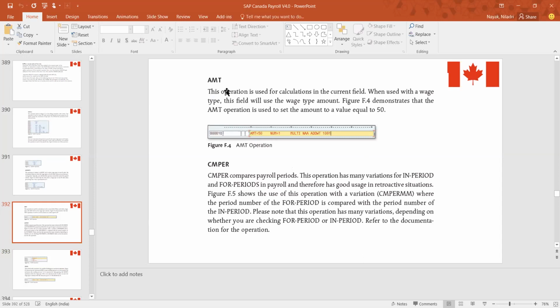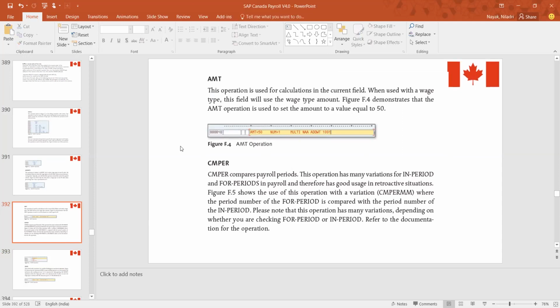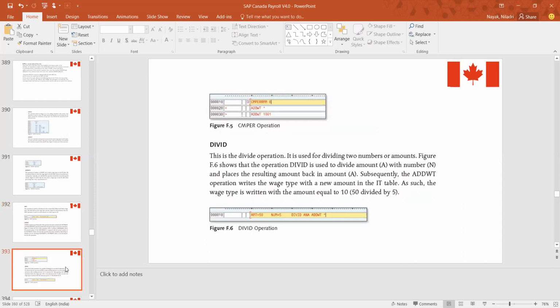Whenever I'm giving an example, I have also given a screenshot of how, in a particular rule, this operation will look. AMT means amount equal to 50. Suppose we are putting a default amount for a particular wage type. If nothing is mentioned, then the system should automatically consider this amount as 50. So this kind of tweaking we can do depending upon your scenarios. Because there are many operations, we should know which operations are used at what time,